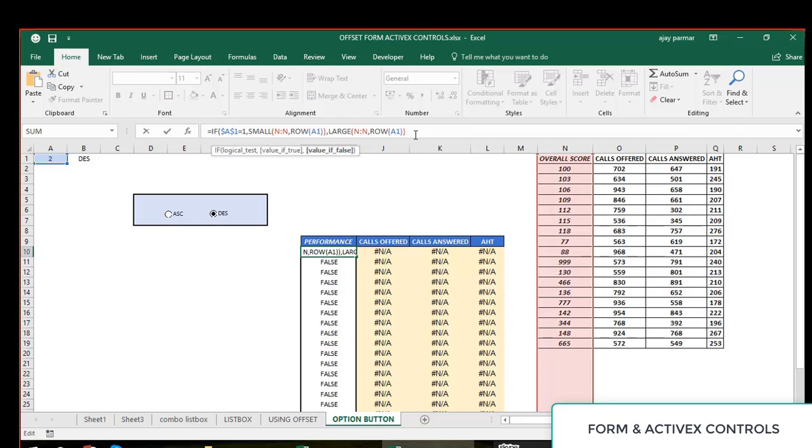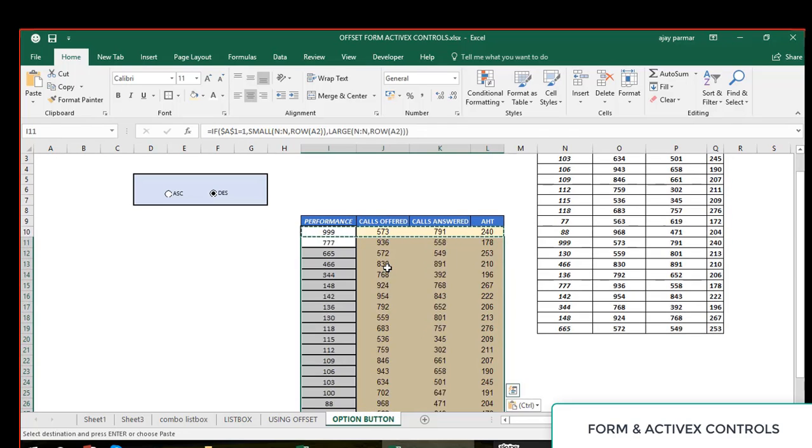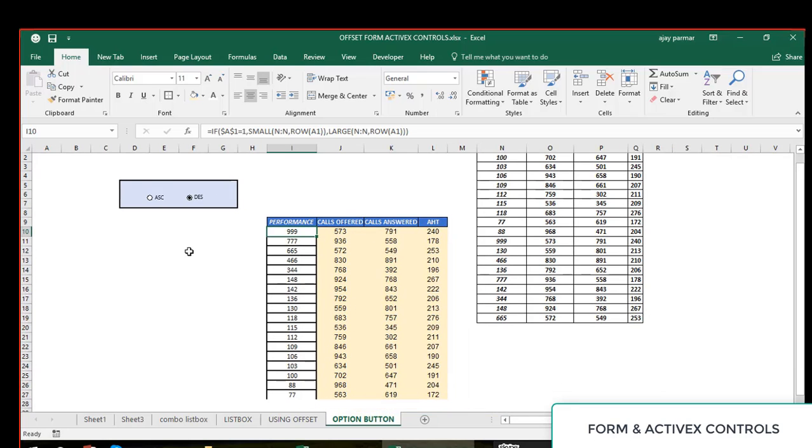I guess yeah, so we can work on it. Finally you got the numbers, and I just go and paste this here. You got the data, complete data comes here. Now I go and click on the ascending order. You can see that, guys, the numbers are changing,